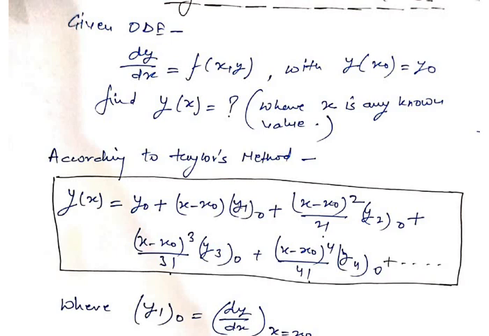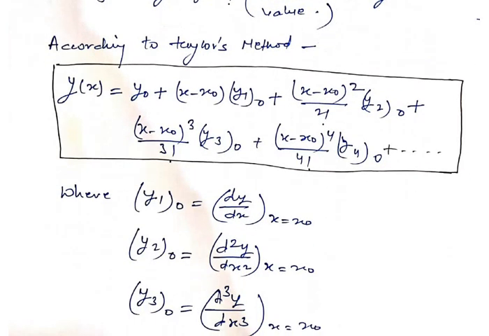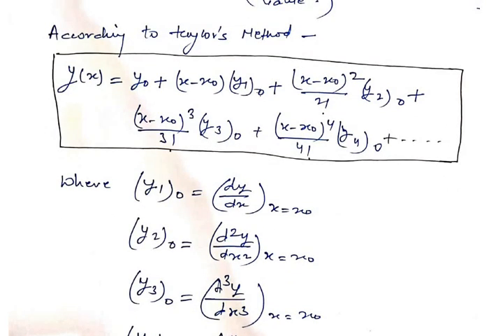Suppose that I am calculating y1 at 0 and I am getting 0. So it is a 0 value. I need to have non-zero values. So if I am calculating y1 at 0, y2 at 0, y3 at 0 and y4 at 0, and among all these 4, at least 3 I am getting as non-zero, then it's okay. If I am getting less than 3 as non-zero, then I will go for y5 at 0, y6 at 0, because at least 3 non-zero derivative values we must have so that I can put in this Taylor series formula.